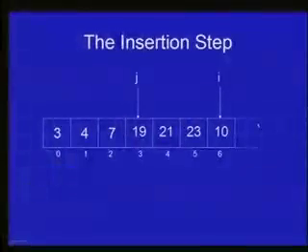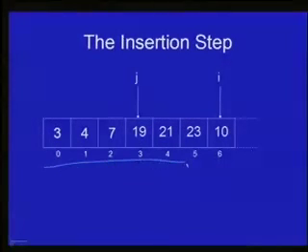So here is an example of the insertion step. So let's assume that this sequence is already sorted. So i is 6, which means that the sixth element of the array has to be inserted at the right place, and A0 to A5 are already sorted, as you can see in this example. Now j is 3 in this example, because 10 should really appear at this location.